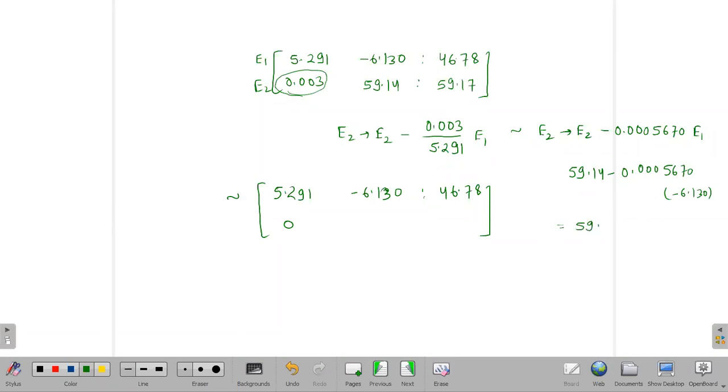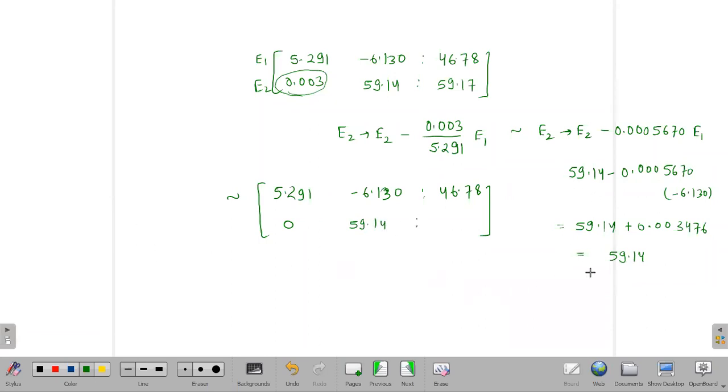So it is 59.14 plus, if you multiply these two, 0.003476. I'm taking 4 digits here. Then if I add these two, it will be 59.14 only. Because if you add these two, it will be 59 before the decimal, 14 here, then the next number will be 3. If you round it off, then you will get 59.14 only. So 59.14.